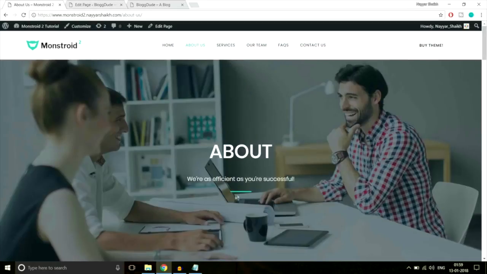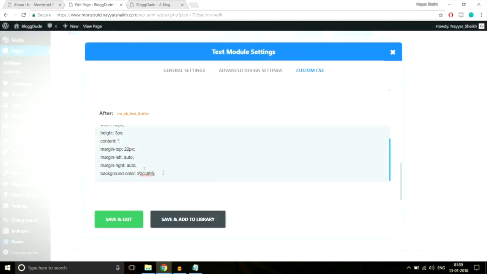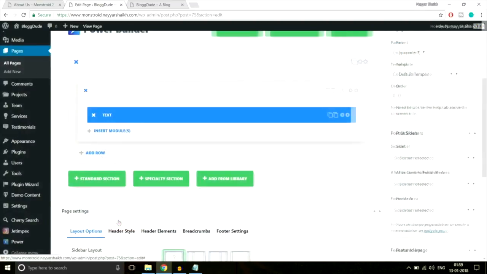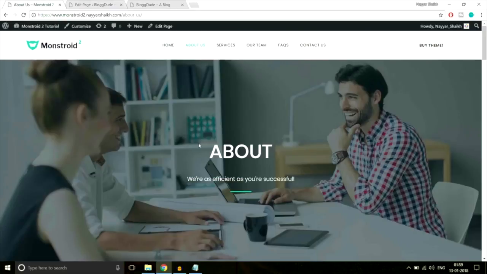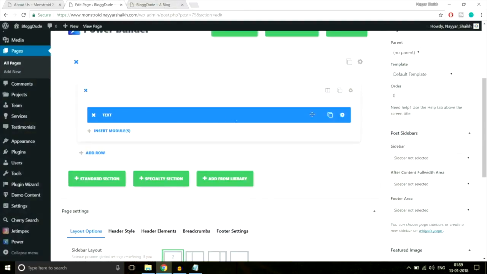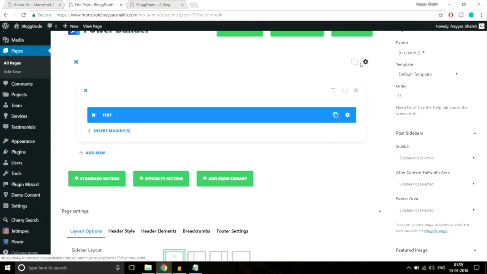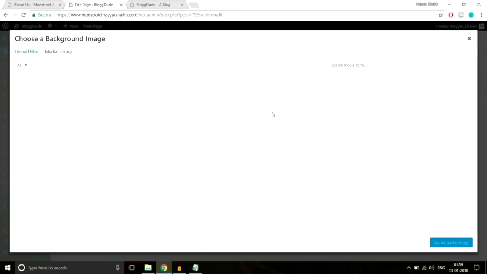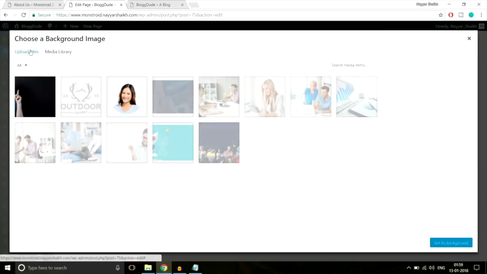Now if you see over here, okay fine, the color is the same, so we don't have to change the color. Or else if it was white we just had to change it, but no, we don't have to do anything. Okay, just save and exit. So we have this thing over here. Now in the background we have this image and we have a nice amount of gap at the top and bottom. So let's add that. So click on this gear icon, the section gear icon, upload a background image, click on